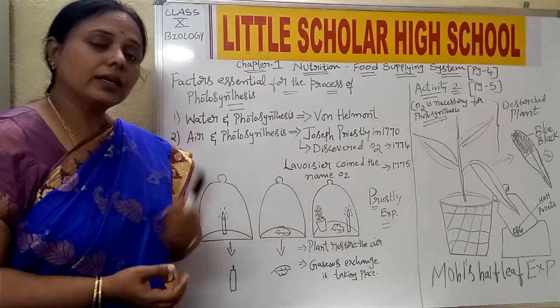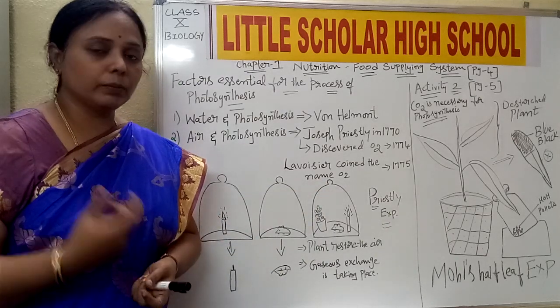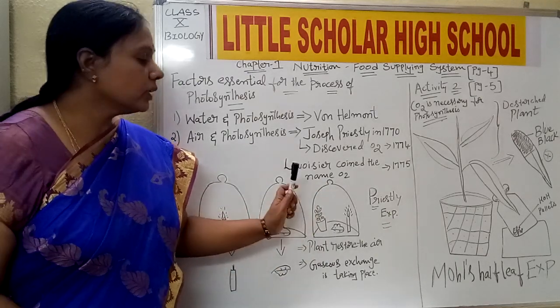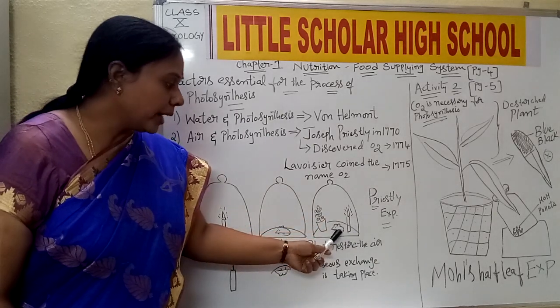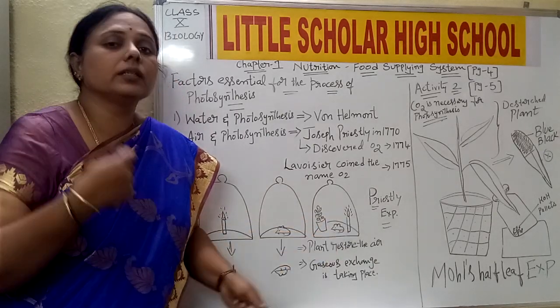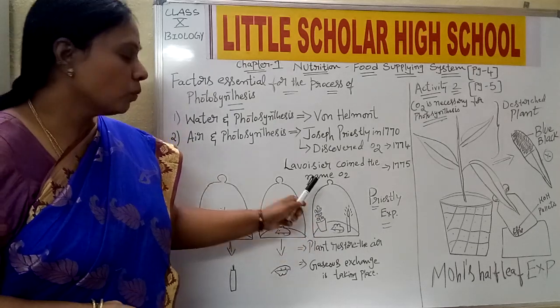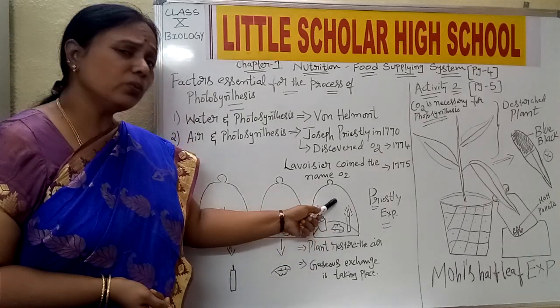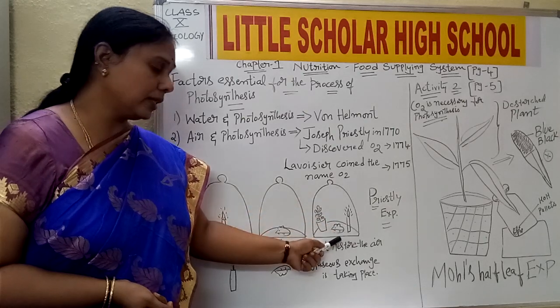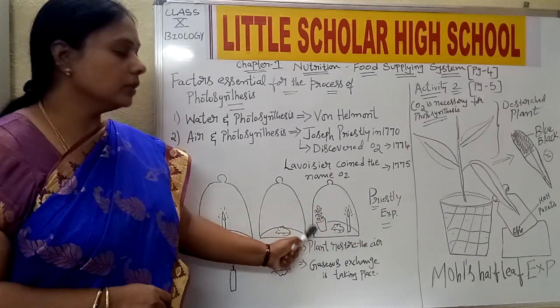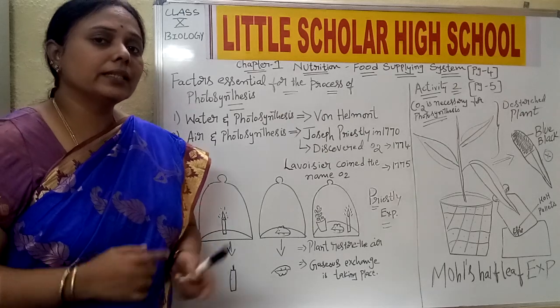Okay, from this he could observe, or he hypothesized, that whatever air is removed by the mouse and the candle is restored by the plant. Okay children, let me repeat it again. Whatever air is removed by the candle and the mouse is replaced by the plant. That means he said that some